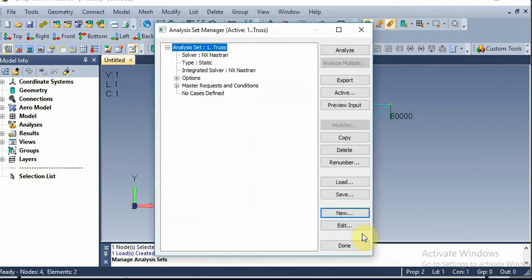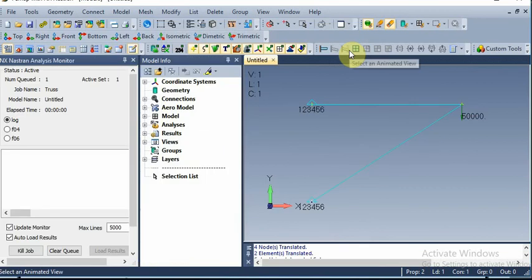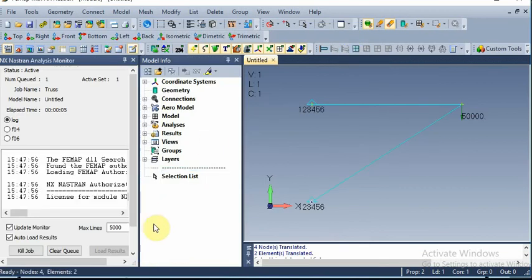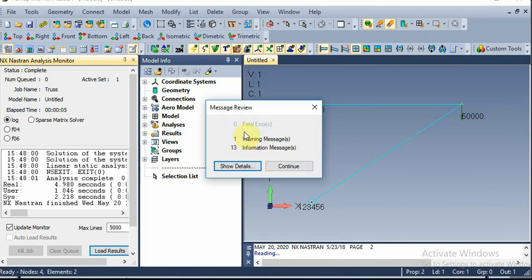OK. Now we have to analyze the simulation, and you have to check whether any error is there or not. So it's processing, load result, there is no error, so you can continue to post processing.